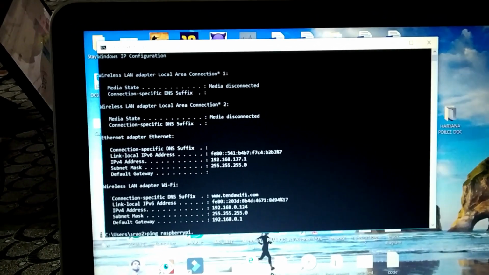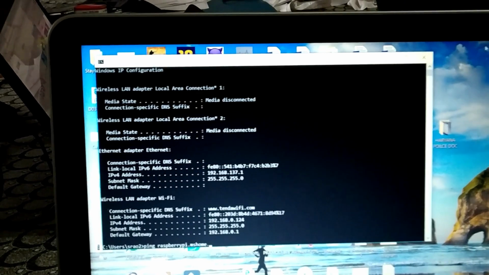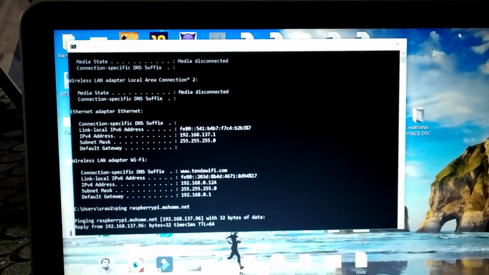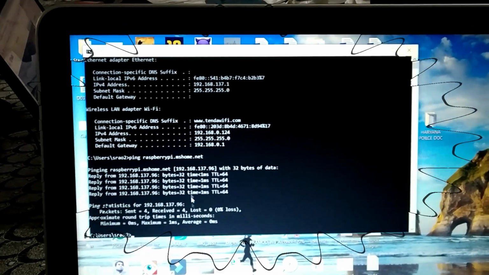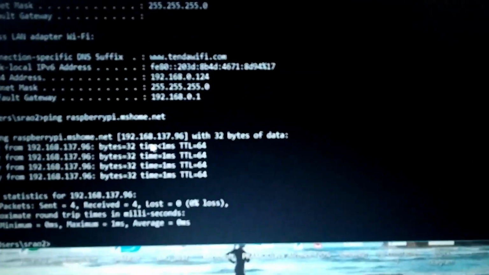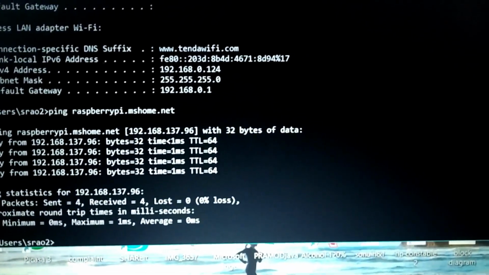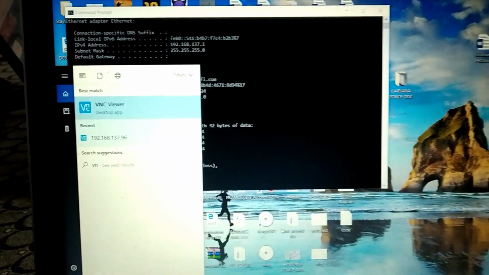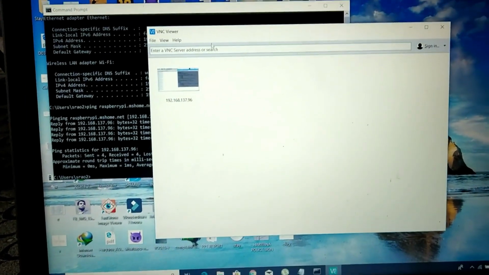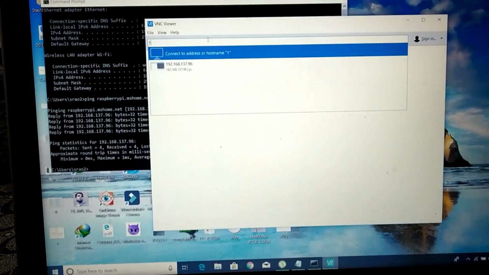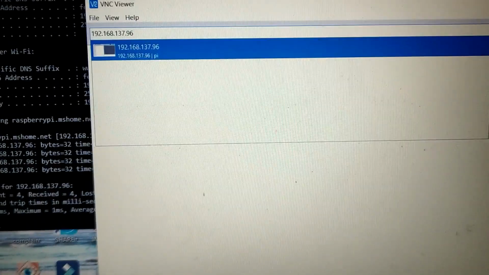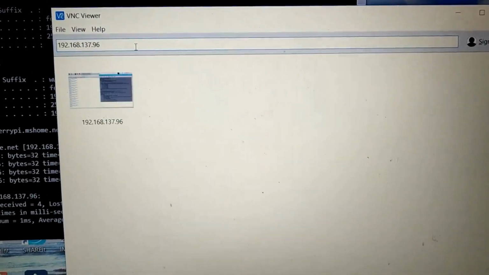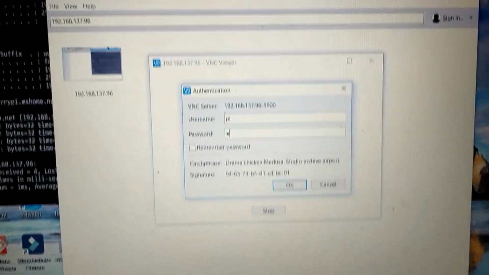Just download VNC Viewer. It is used to virtually access the Raspberry Pi. Our Raspberry Pi has its own OS, so with the help of VNC Viewer, we can virtually access this OS and operate the Raspberry Pi like a new computer. Just enter the IP address you have copied from your command prompt and press enter. It will ask for a username and password: the username will be pi and the password will be raspberry. Now we are in the Raspberry Pi OS, which is just like a simple operating system.